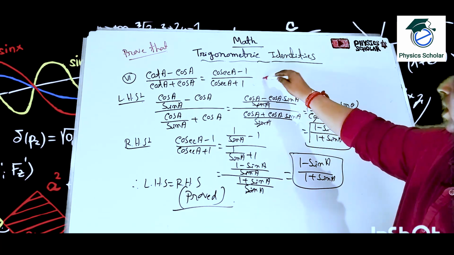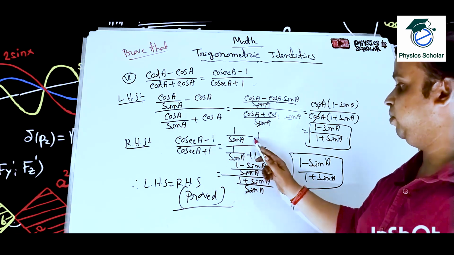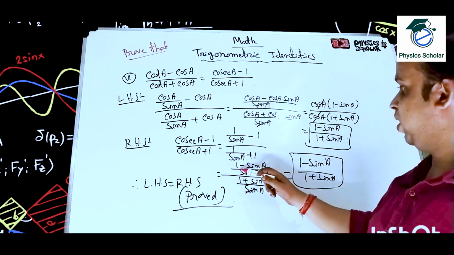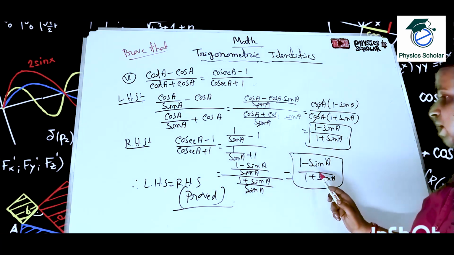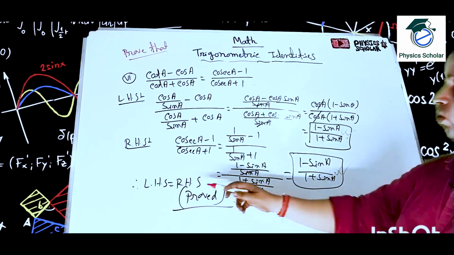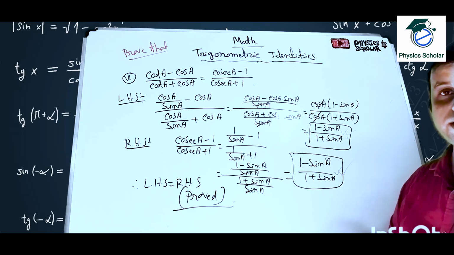And in the right hand side it is what? Cosec A minus 1 divided by cosec A plus 1. So cosec means 1 by sin minus 1 by 1 by sin plus 1. So sin A will be the LCM. So 1 minus sin A, sin will be the same, 1 plus sin A. So this will be cancelled. So 1 minus sin A by 1 plus sin A. So this value and this value are same. That's why you can write left hand side is equal to right hand side. Okay, so students, hope you have understood this sum.